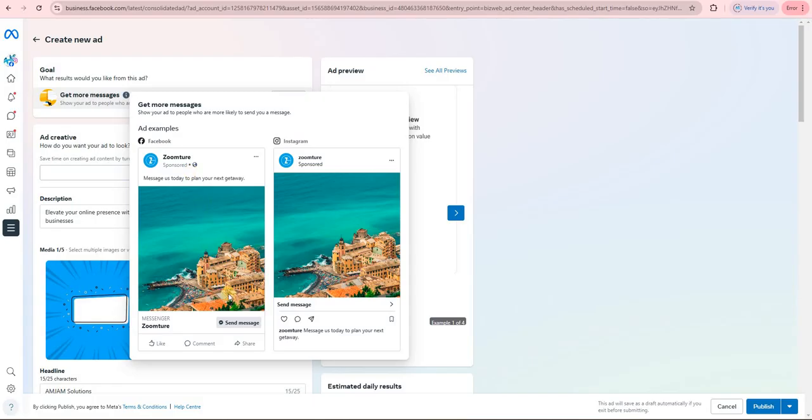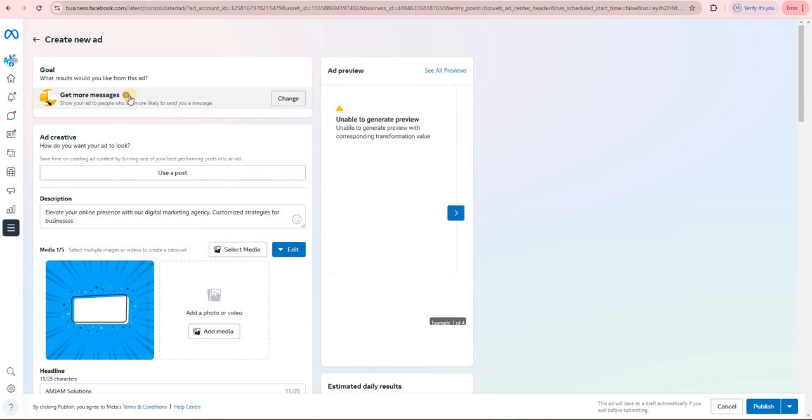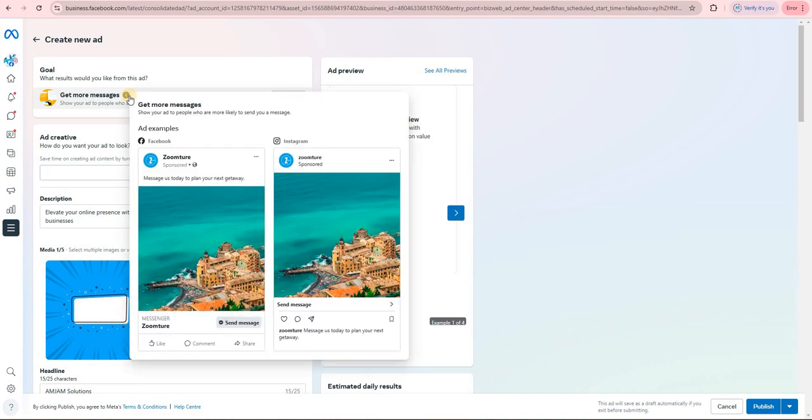In this you can see that the send message button will be there. This will be on Messenger. So here you can see that a person can directly send a message to you. It can be on Messenger or it can be Insta. If the person is seeing the ad on Messenger or Facebook, they can directly message on your Facebook. If the person is seeing the ad on Instagram, they can directly send you the message on the Instagram